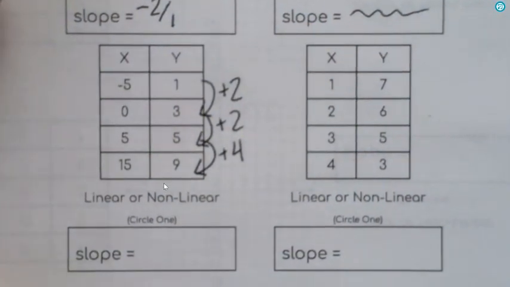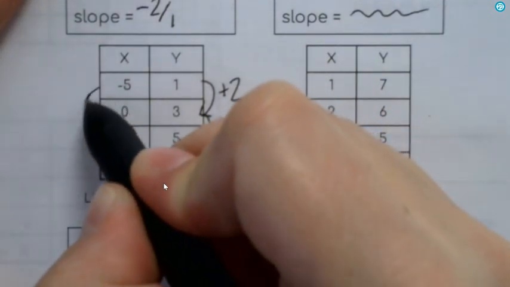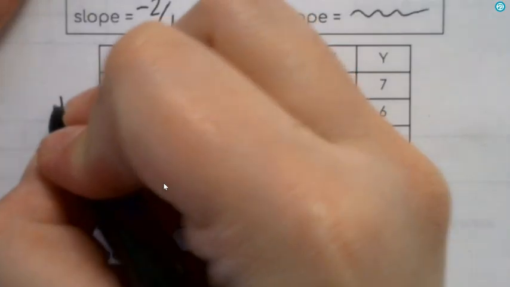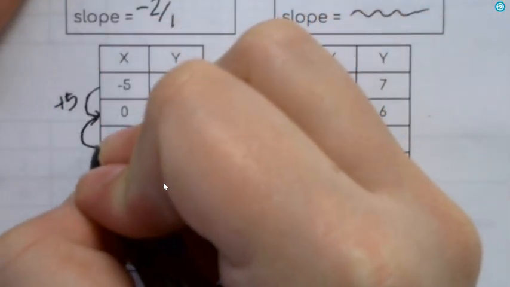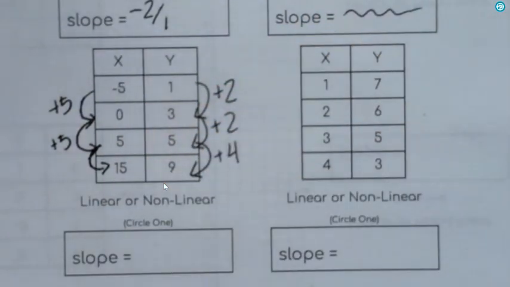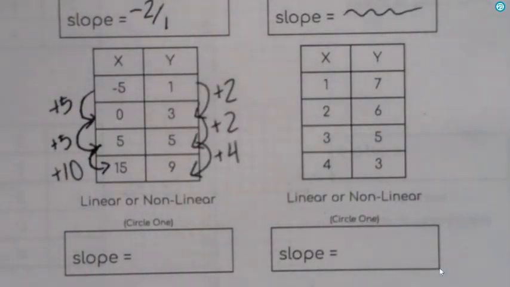But wait. From negative 5 to 0, how much do I go up? 5. From 0 to 5, how much do I go up? 5. From 5 to 15, how much do I go up? 10. Okay, so now what we need to look at, my slope,